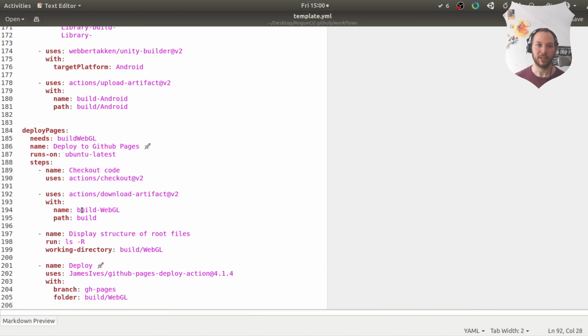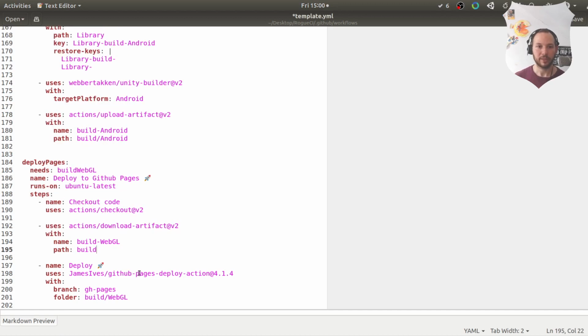And so we are going to download that same build WebGL and we're going to put it in the build directory. Then we are going to use this GitHub Pages deploy action that I found, and we're going to tell it we want to deploy this folder, build WebGL, to this branch. And the branch could be anything. I think the GH Pages is just the default branch that lots of people use for GitHub Pages, but it could be anything. Because later in GitHub, you're going to actually tell it which branch to deploy to the pages. So if I just save this,